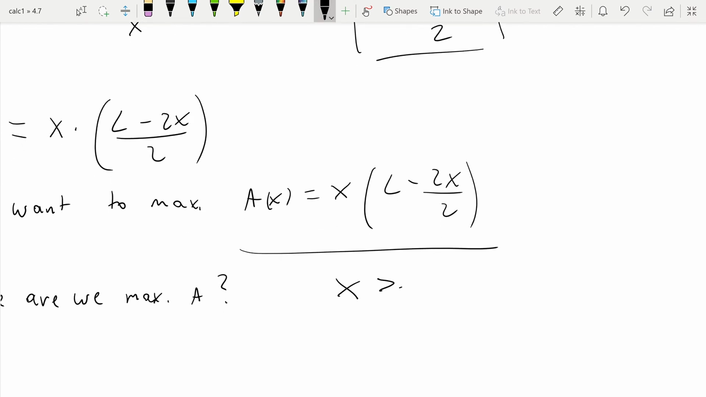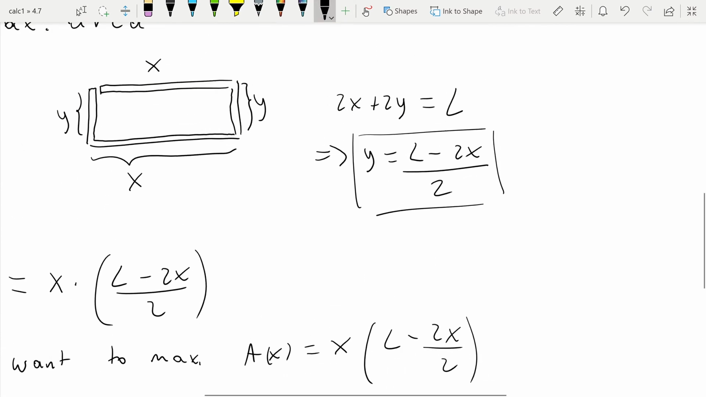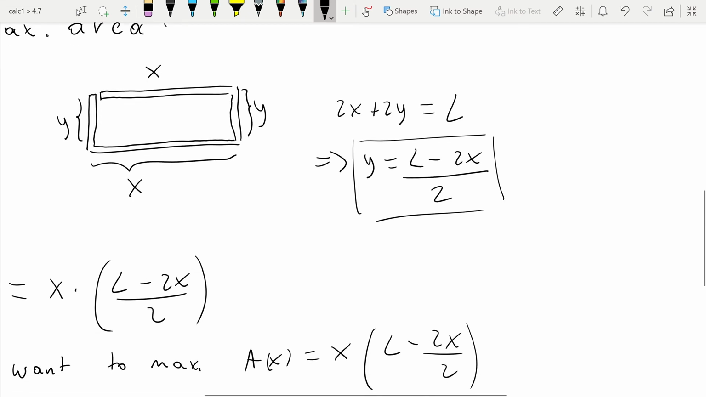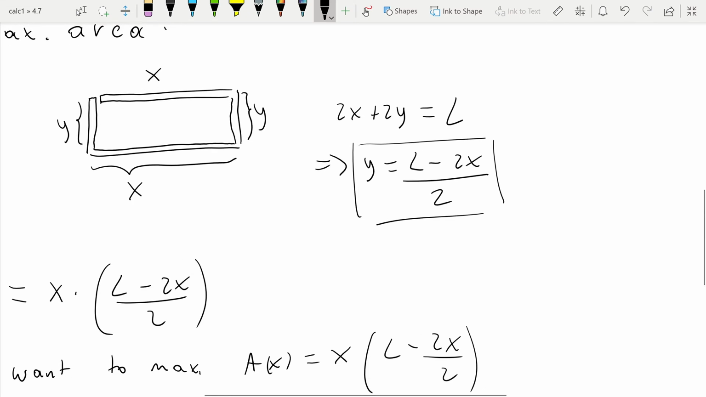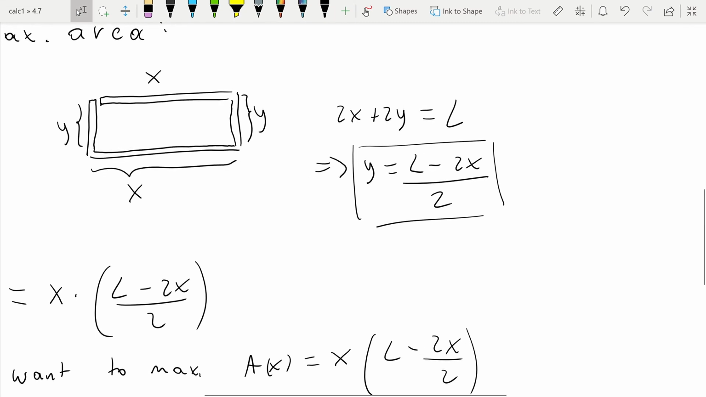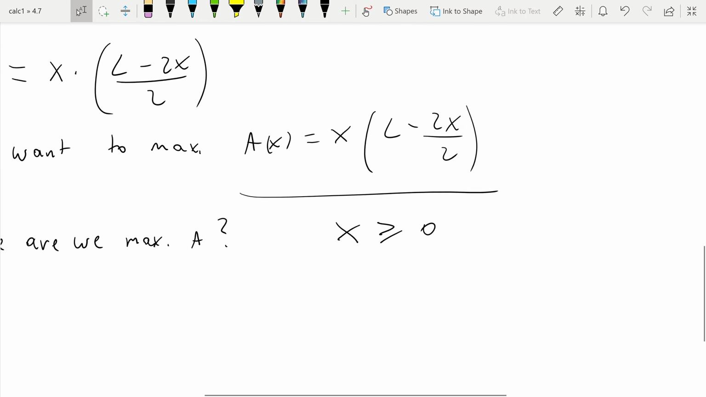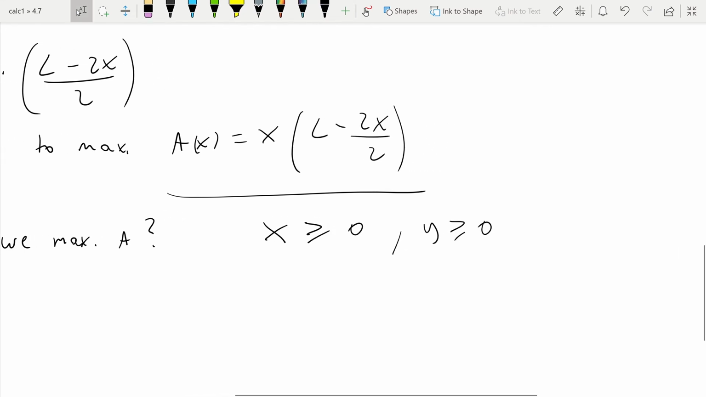has to be greater than 0. It's a length. So here x cannot be negative, right? So x has to be greater than 0. Now, what is the maximum possible value of x? That happens when y is equal to 0. So y also needs to be greater than or equal to 0 as well. And this condition here